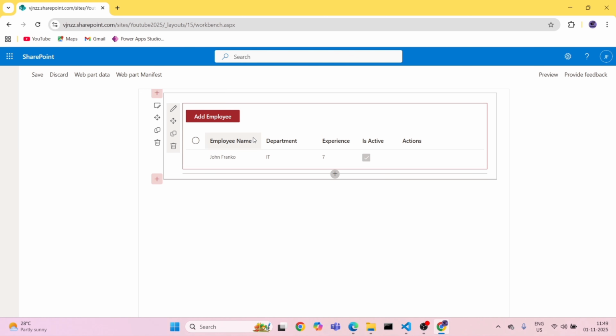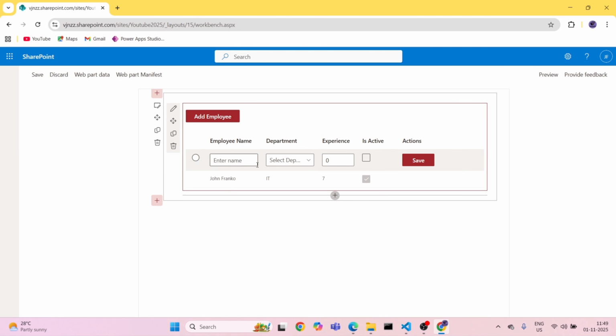In part 2 we added this add employee button, where we can add a row in the detail list. But we didn't create the functionality where we can add the data from this web part to the SharePoint list. So we are going to work on that, but before that I'll show you how it works, then we'll start with coding. So I will add Steven,